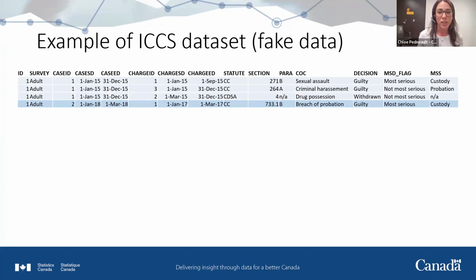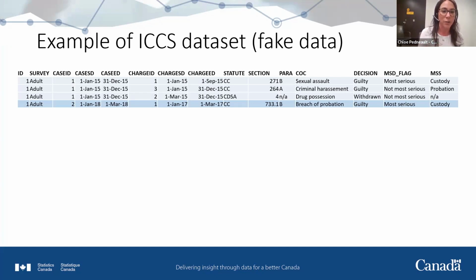I don't think I'll go too much into this, but this was just an example of what one person's record might look like in the data set. So imagine this, but times several hundred thousands of people. So essentially, I have a fake ID on the left hand side. So this person basically is number one. There's just a bunch of variables, but I've pulled out some key variables that you would see on the data set,